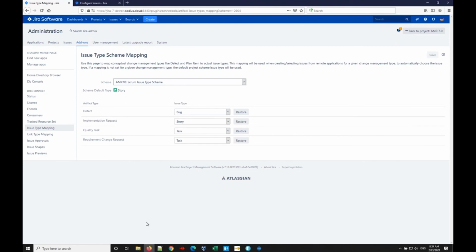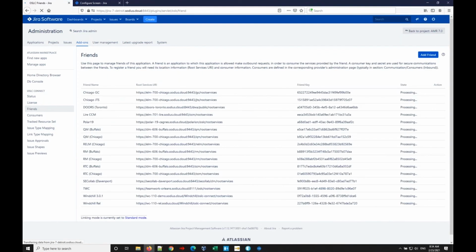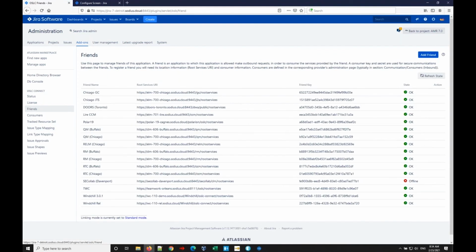What our connector does, and it only sits on top of Jira, is extend the Jira API to provide these OSLC services, meaning part of OSLC is identifying how we connect between different repositories. And so you'll see that this is one OSLC Connect for Jira that's connected to two different variants of ELM. It's connected to DOORS